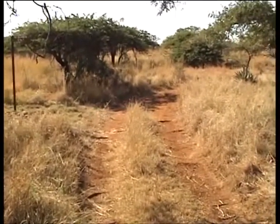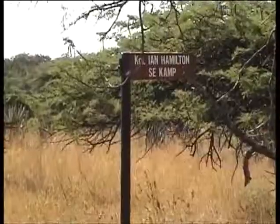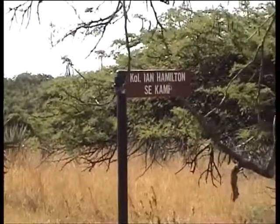This track goes through the bush, and where it goes to is recorded on this sign. Colonel Ian